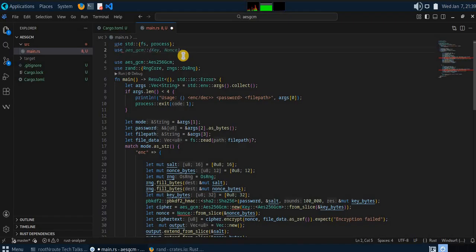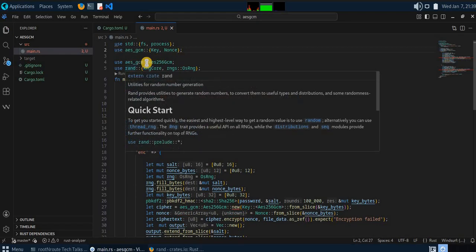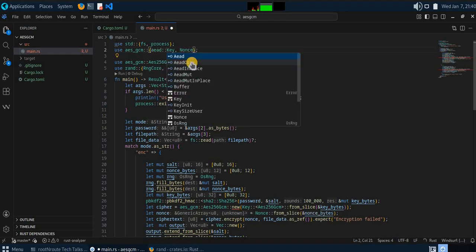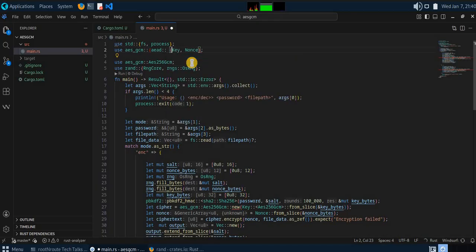Yeah, this is suggesting it, but when I was using this one, we need a lot of other stuff. I think we need, as I already discussed, AEAD was there,